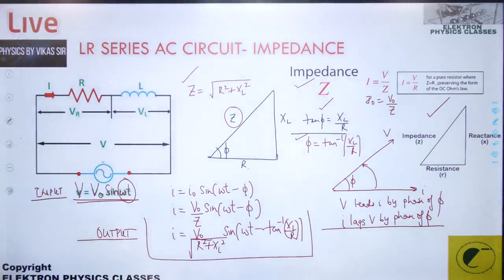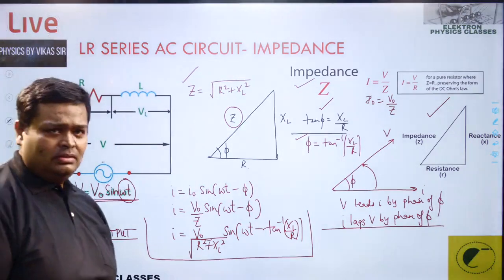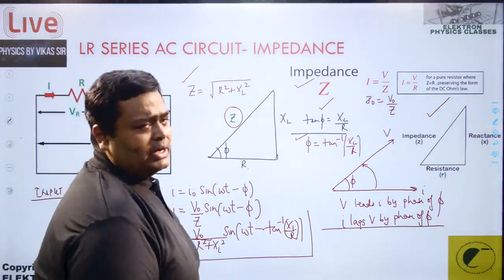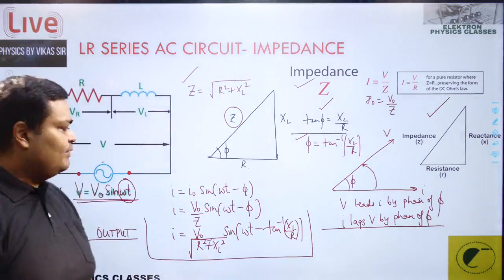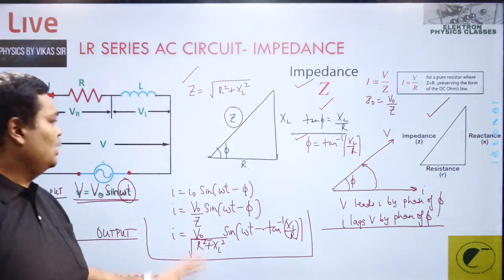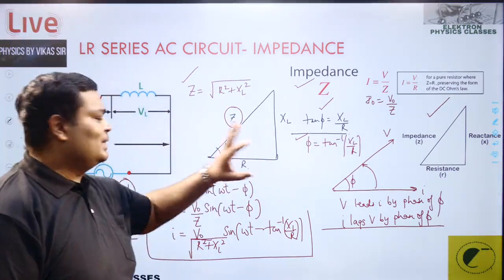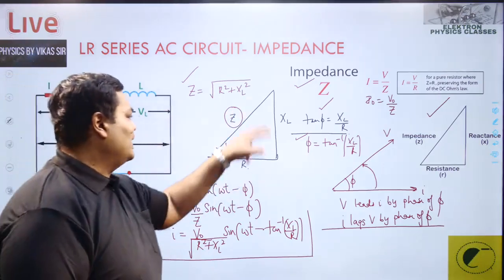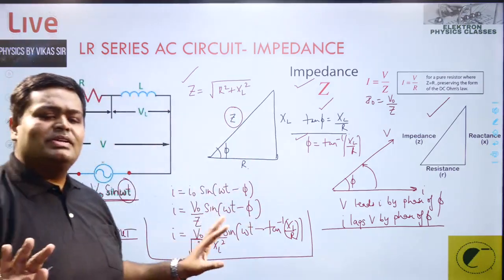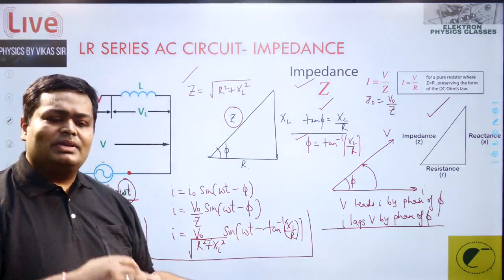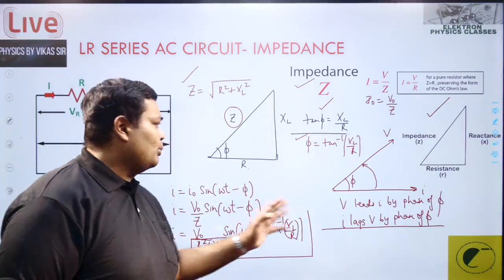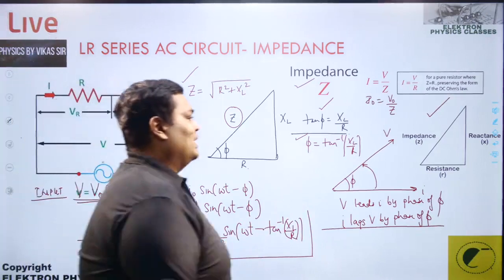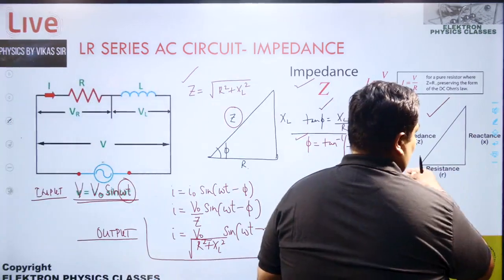What all did we require? We required a value for Z. We checked that from the impedance triangle. The first importance of it, it gives us a value for Z. And then we required a phase difference, and that too we get from the impedance triangle. What is that? Tan phi equal to XL by R. Tan phi is always equal to what? Reactance upon resistance. Repeating again, tan phi is equal to the reactance upon the resistance. So that's X upon R.